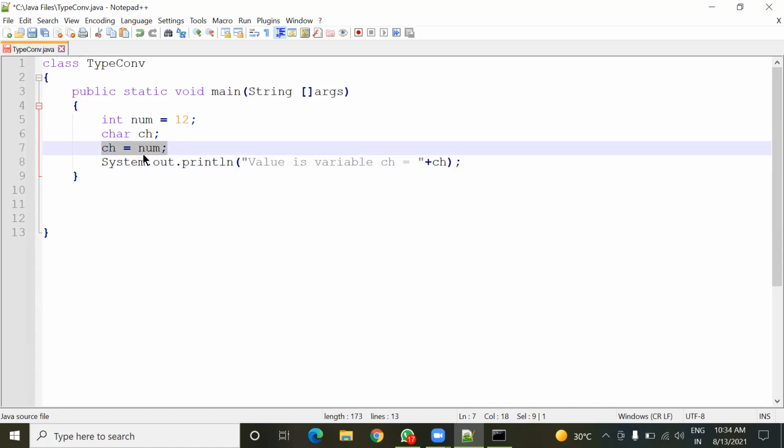We have to add the name of the data type to which we want to convert this num forcefully. Here we are going to store it inside the ch variable and this ch is of type char. It means here we have to first convert this num into character type. So in this parenthesis, we'll have to write the name of the data type in which we want to convert. Understood everyone?